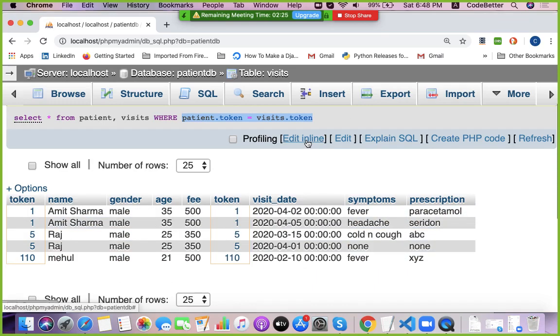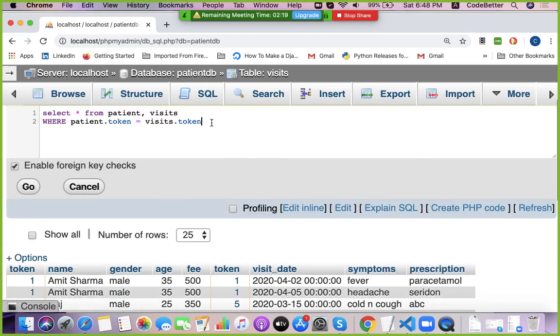Now there is one more syntax regarding this. In place of this, there is an inner join possibility.